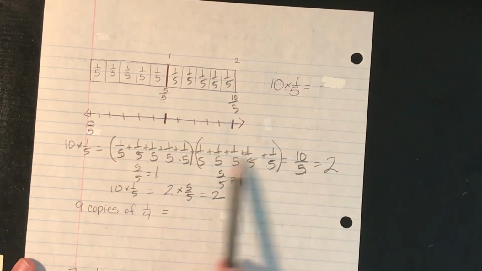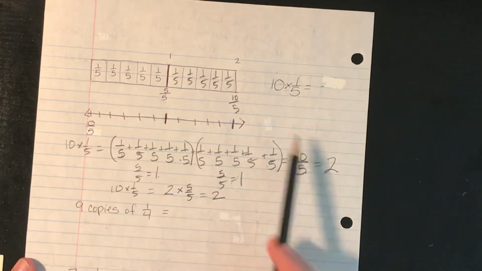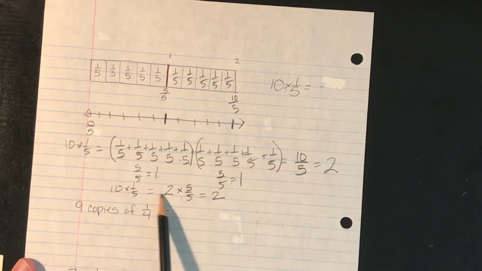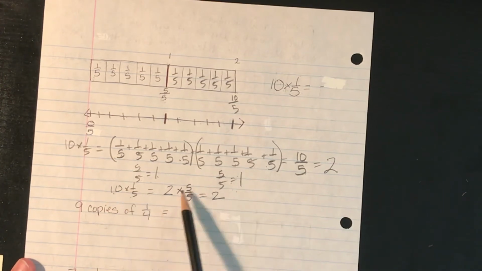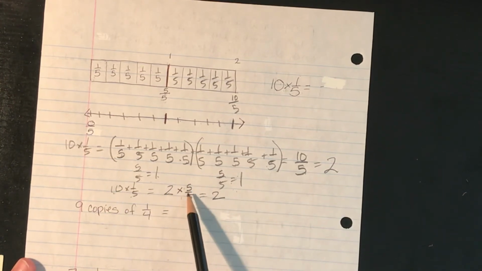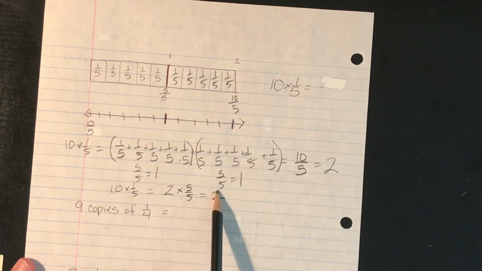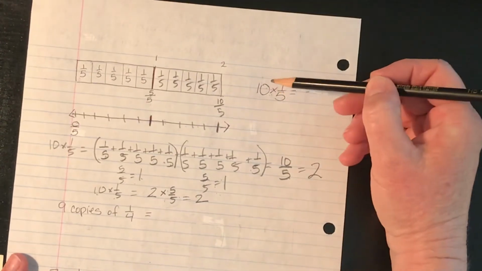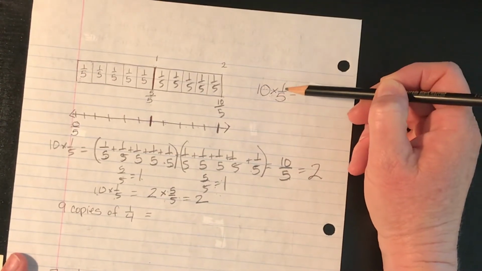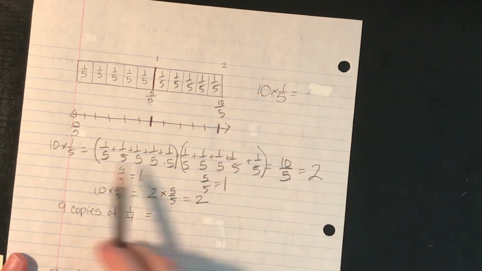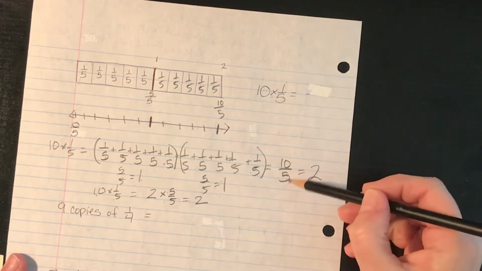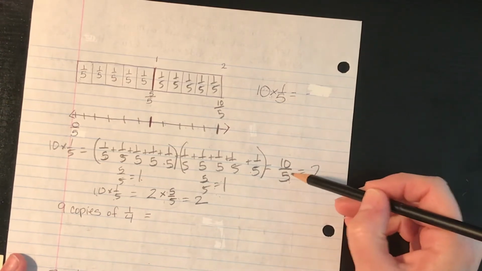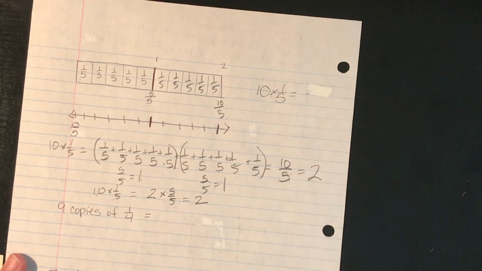If the regrouping of these fractions is a little complicated for you, especially if you're not really understanding how I started with 10 1/5 and then ended up with 2 times 5 fifths, I don't want you to worry as much about that. What I want you to really contemplate is that 10 times 1/5 we know is 10 fifths. You guys know how to do that. And then you can think about it, fractions is a lot like division, and in this case it's really a division problem. So now what we're going to do